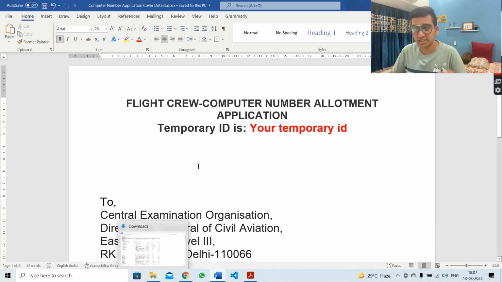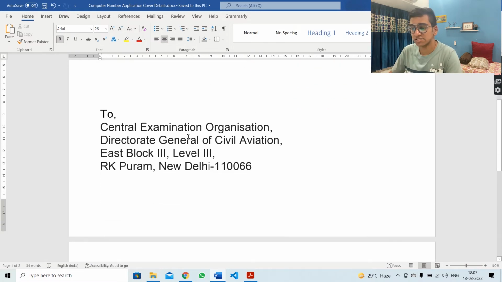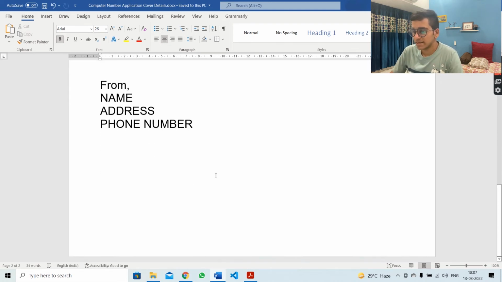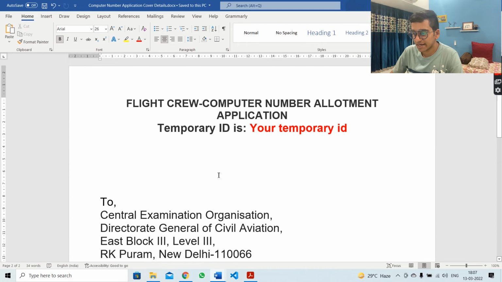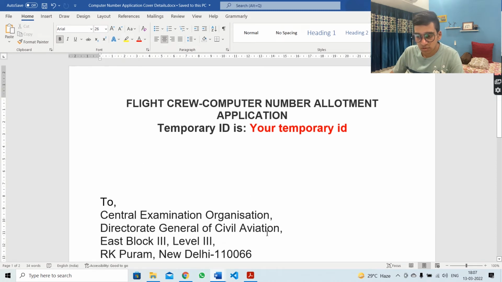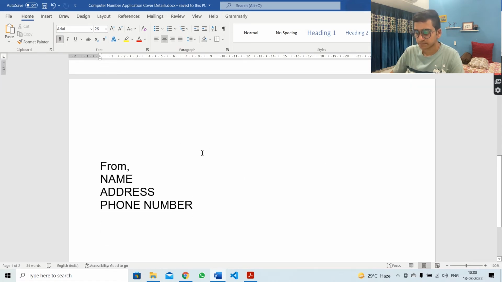Once you do that, take a printout of the second document attached in the description box, which is the computer number application cover details. These instructions are also mentioned in the second email which you receive. Over here, you'll enter your temporary ID in red color, and after that, on the second page, write your name, your address, and your phone number. So just take a printout of this